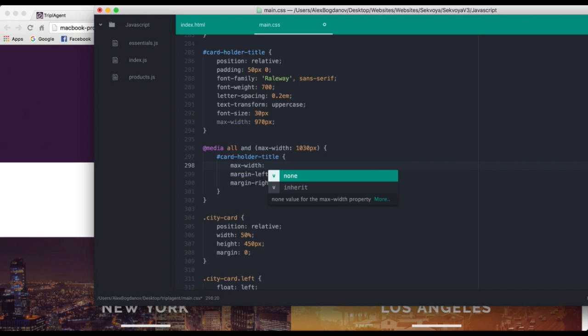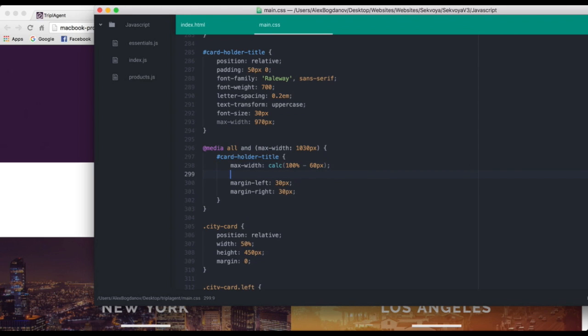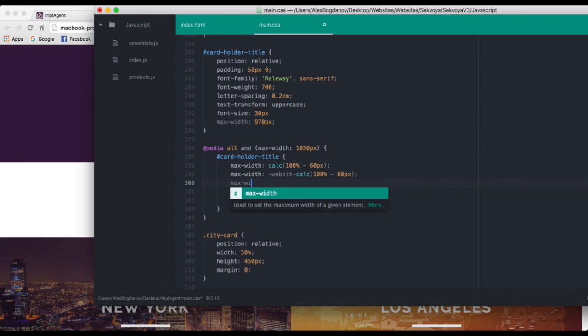The max width is gonna be a calc of 100% minus 60 pixels, and then I have to add the cross browser versions: WebKit calc 100% minus 60 pixels, and the final one is Moz, 100% minus 60 pixels. Basically, why we're doing 100% minus 60 pixels is because